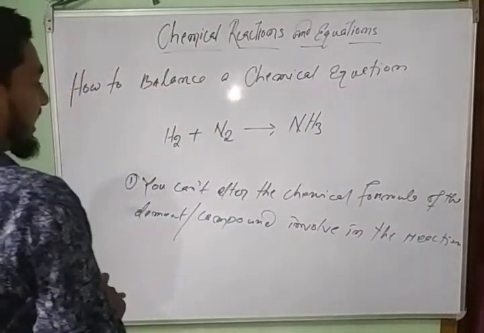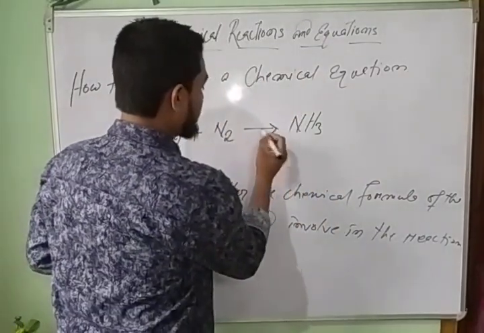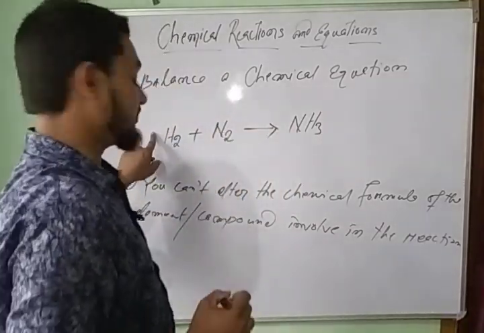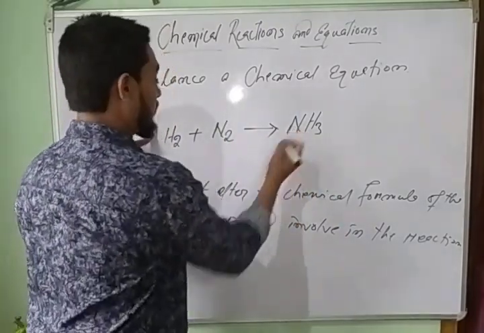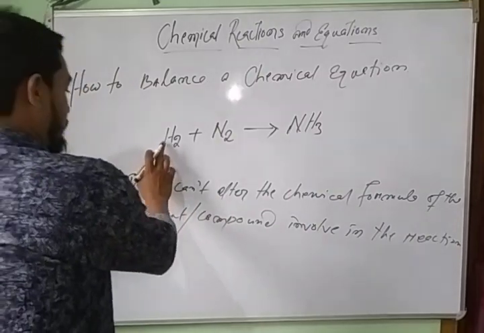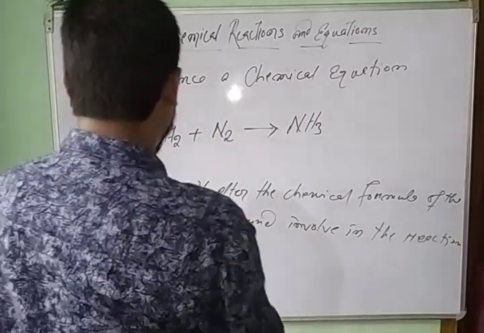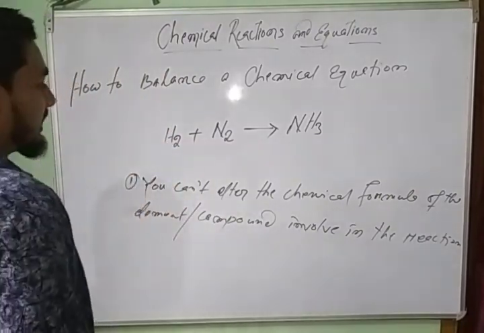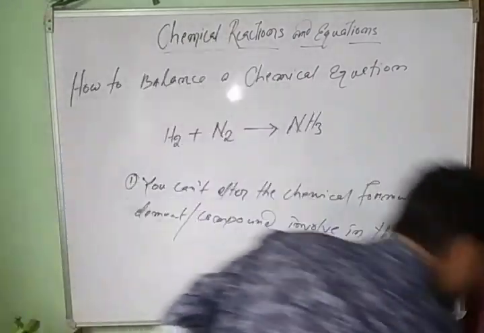So let us try to balance this chemical equation by using the coefficient position. Only you can use the coefficient position. Remember that this is very, very important. So in this equation, the number of hydrogen is 2 on the reactant side, but the number of hydrogen is 3 on the product side. Here the calculation is,